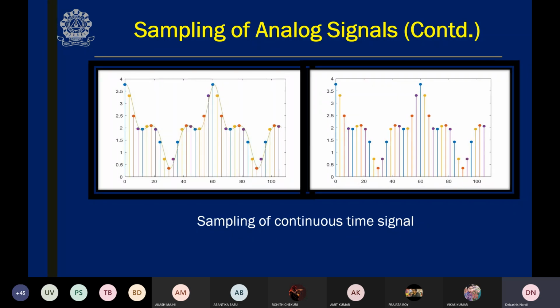Okay. Now, if you further increase the sample density or reduce the distance between two successive samples, then we are getting a better shape. But up to what level we can reduce, and up to what level we can increase the sampling rate, so that